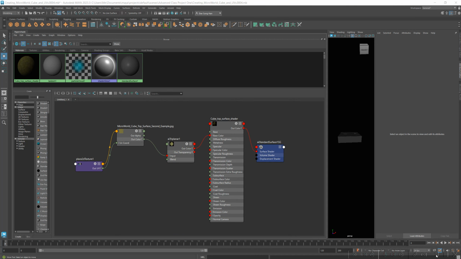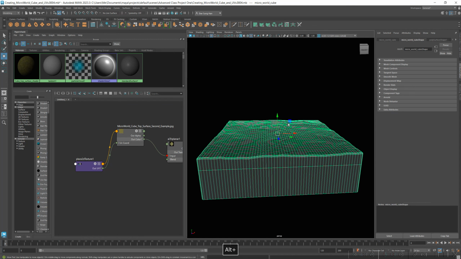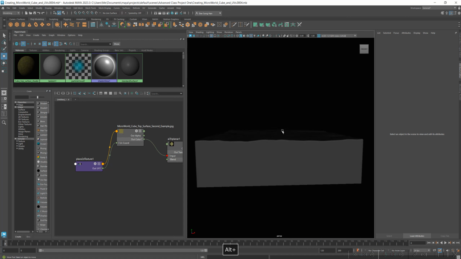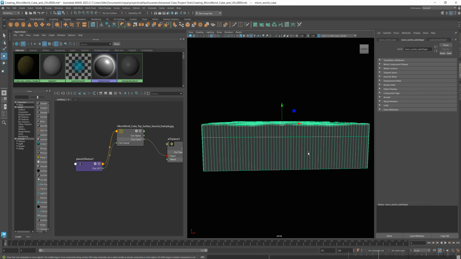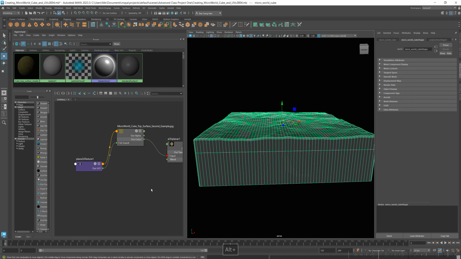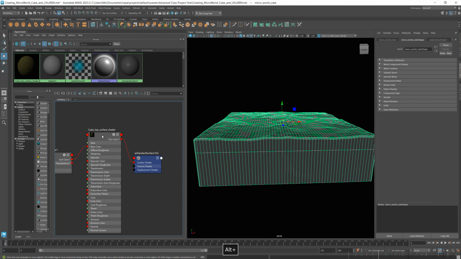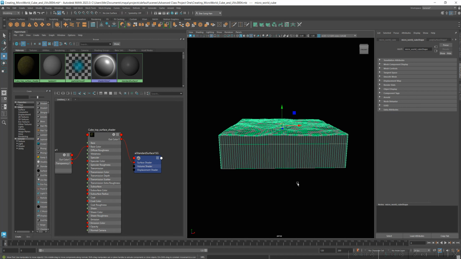Okay. Right, so this is what I'm going to do. This top surface, just the top surface, I'm going to give it one shader. And for the bottom, I'm going to give it a different shader, instead of just one shader for everything. And the reason why is that